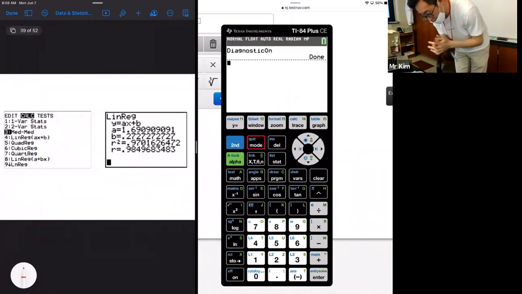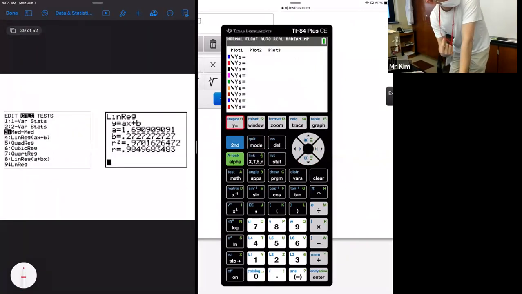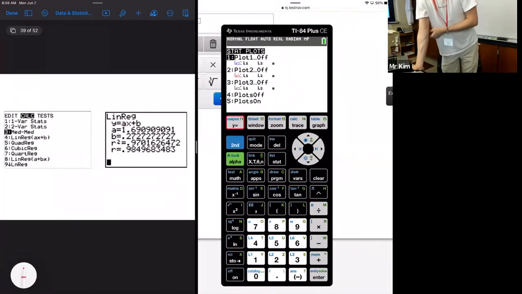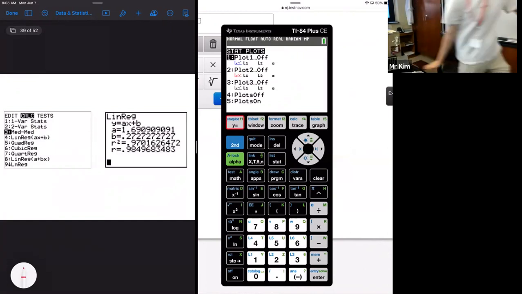Okay, so this is what we want to get to, and I want to first show you guys how to do something called a stat plot here. For some of you who had an issue with graphing calculators, that's because your scatter plot was turned on. Can we all please press second y is equal to, and then this is supposed to show up here. I'm sorry, I cannot zoom in any further than that, because if I do, then the calculator will disappear.